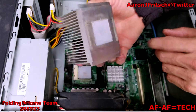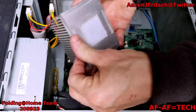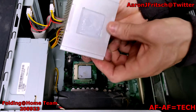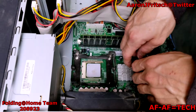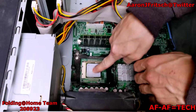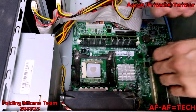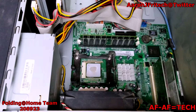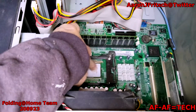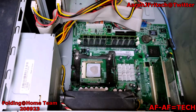Massive aluminum heatsink. It's never been taken off, looks like. And oh boy, do we have a surprise for you. Alright, so this turns your CPU. I could find some alcohol, clean this off. This thermal compound is very dry. It's literally powder now. Scrub some of that off to reveal the Celeron